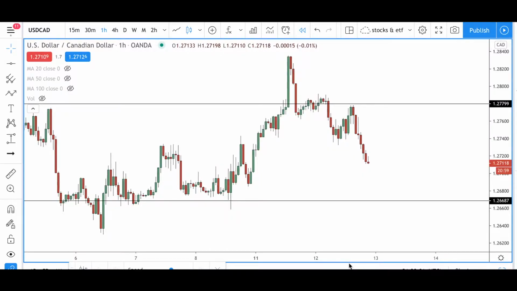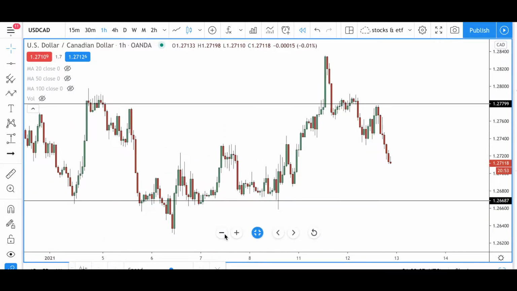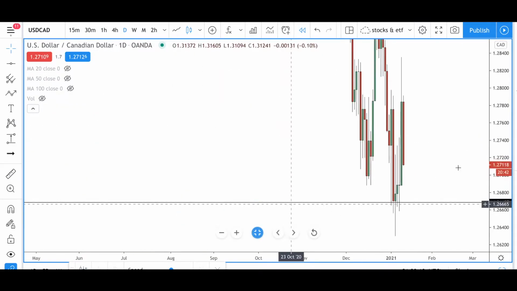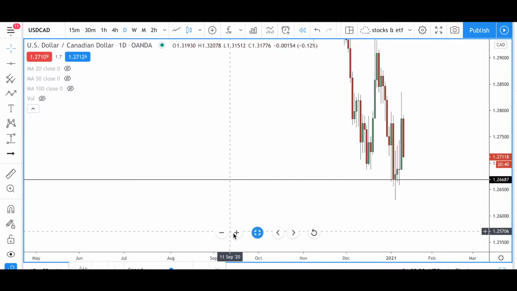So the pair that we're looking at is the USD CAD, and one of the first things that I do when determining which side of the market to follow or to enter a trade is by looking at the higher time frames. So I've kind of drawn on my support and resistance lines here already, but let's first go to the higher time frame just to show you how I confirmed where the trend was on